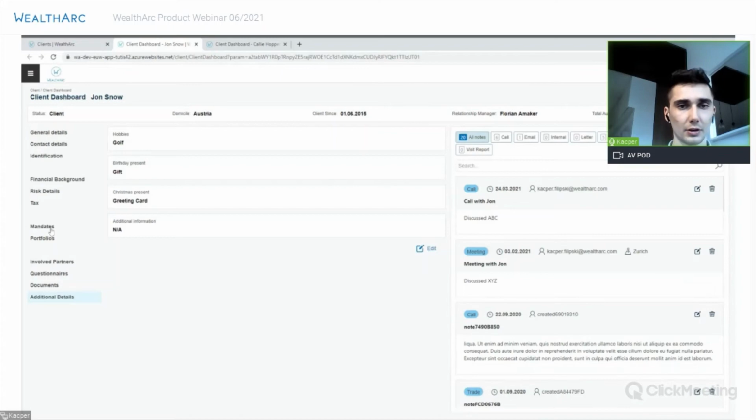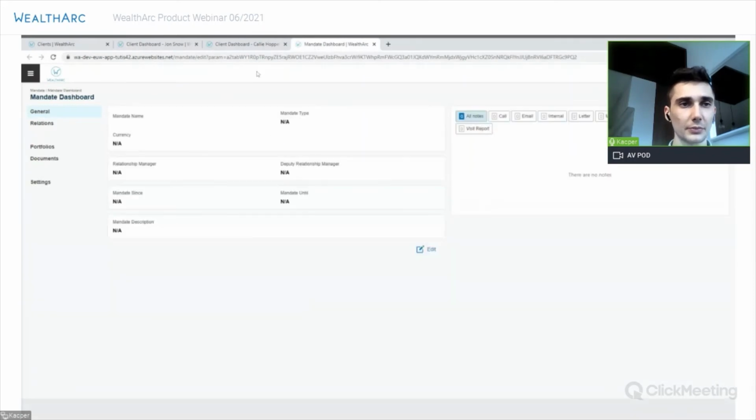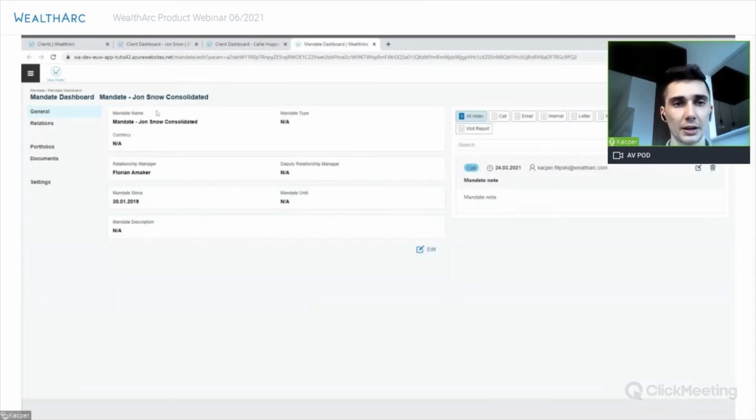Okay, so let me quickly go to the mandate. So the mandate is showing you some details, and this is actually giving you a possibility to assign multiple portfolios to one account owner, and at the same time assign involved partners in that.